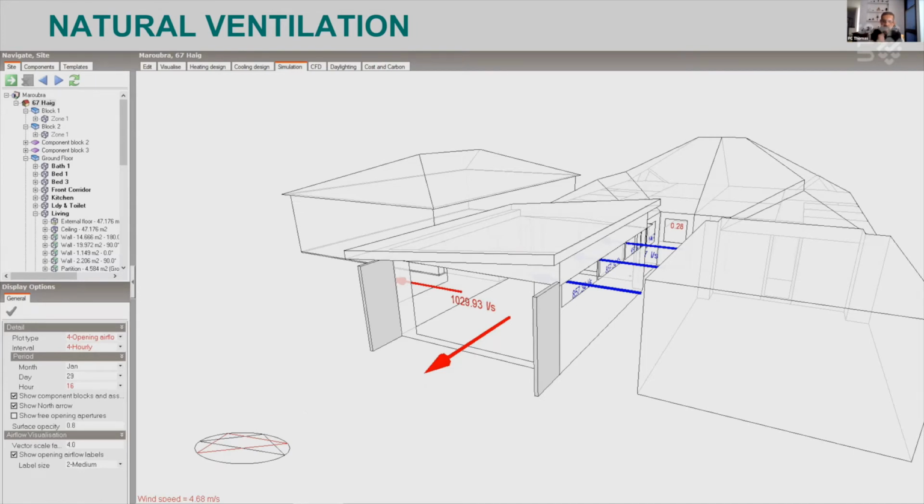Which windows are openable? When can they be opened? What is the criteria by which you're going to open them? If you've got an automated system which will allow you to look at the outside temperature and the inside temperature and take a temperature differential and then open the windows, go for it by all means. If you don't, well, then you've got to think about how you are going to use this house in practical operation.